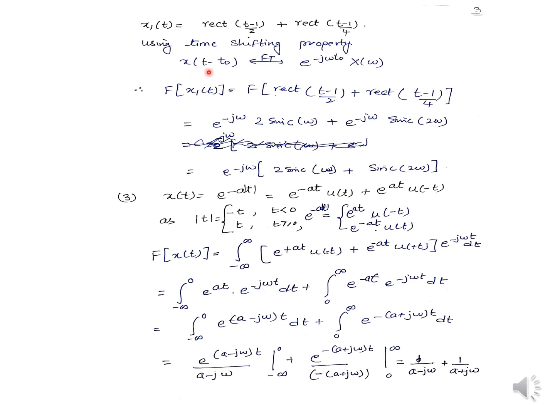We know that if the Fourier transform of x(t) is X(omega), then x(t minus t naught) is e raised to the power minus j omega t naught times capital X(omega). So the Fourier transform of this will be e raised to the power minus j omega. Take the results from the previous slide and multiply with the answer. This question has been done by me in the first two slides of the previous video. The only difference is that there is a different value here instead of 1 there. So you can solve it in a similar way.